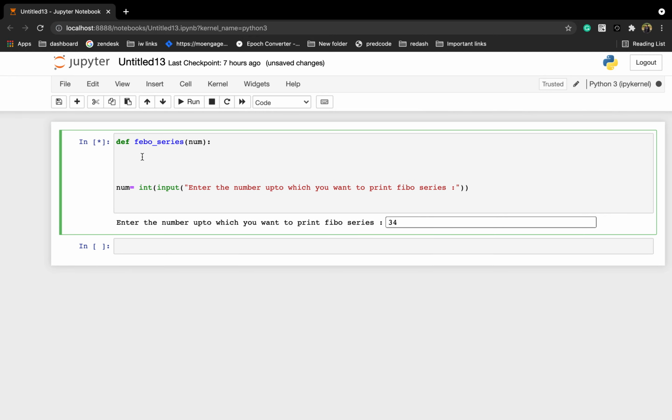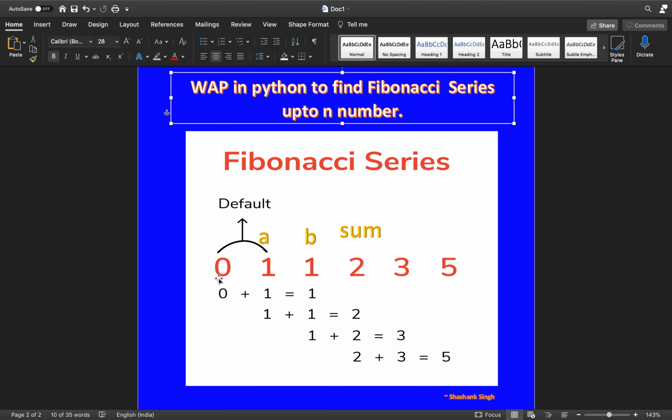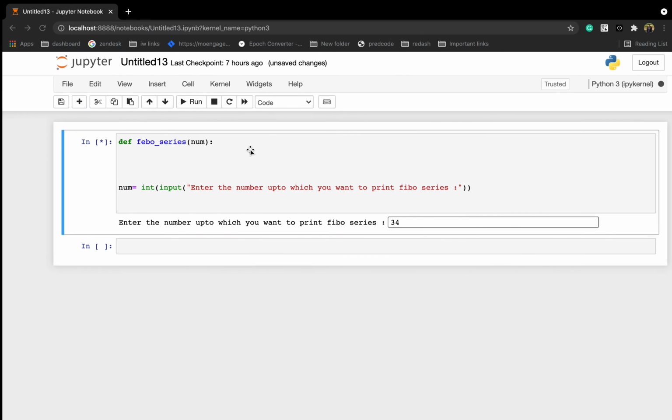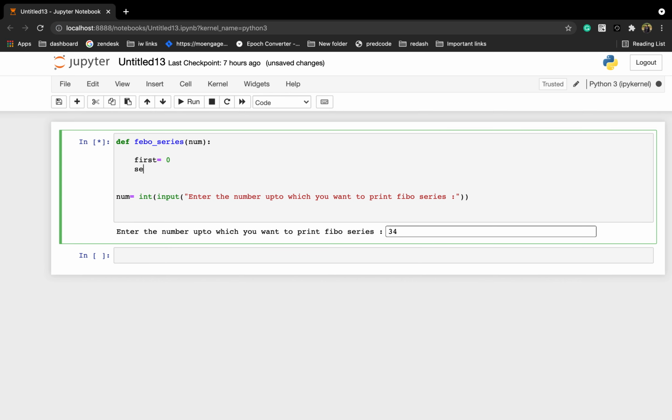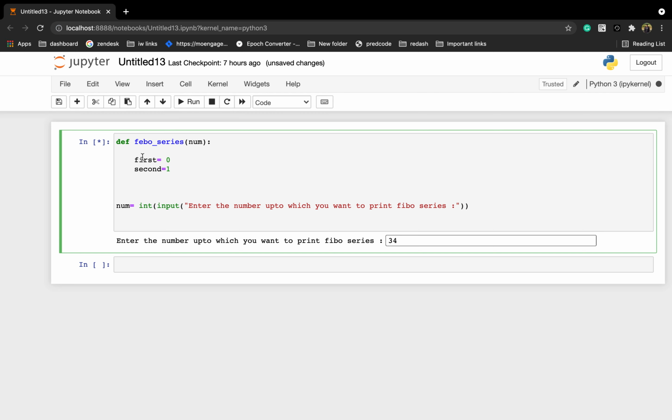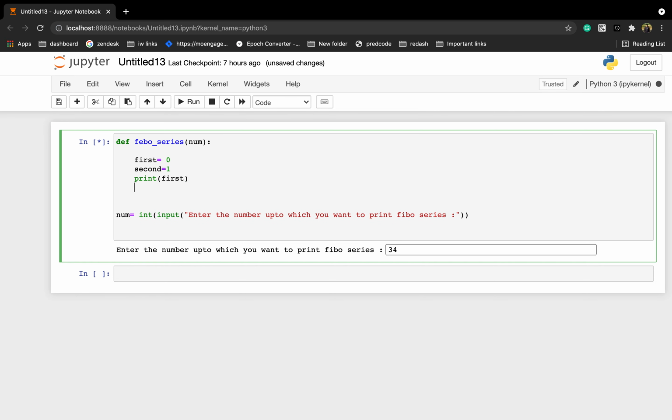Now as I told you, initially the first number will be 0, the second number will be 1. So I am writing here first is equal to 0 and second is equal to 1, and now I need to print these two as well. So I am printing first initially and then printing second, right?